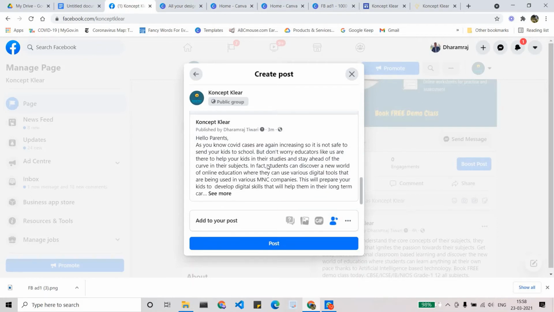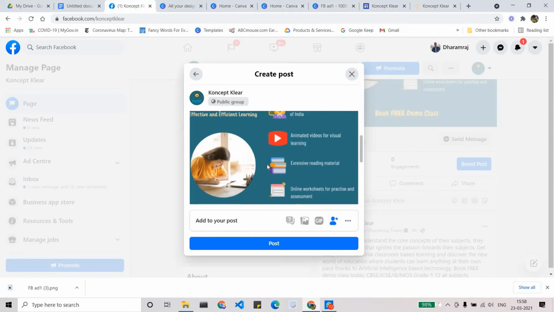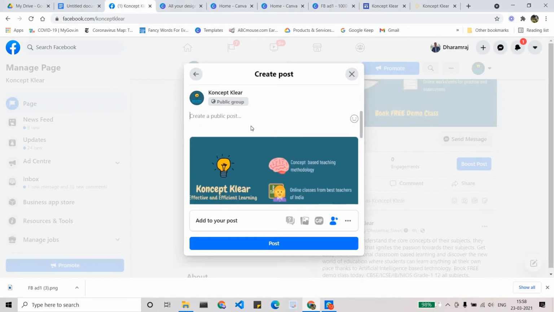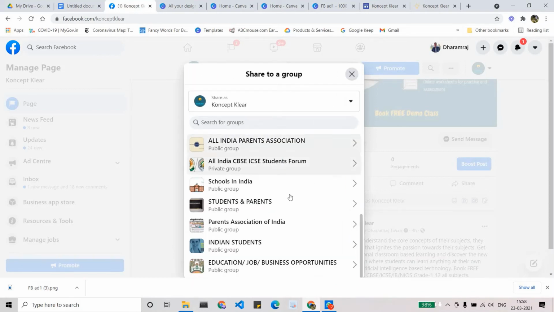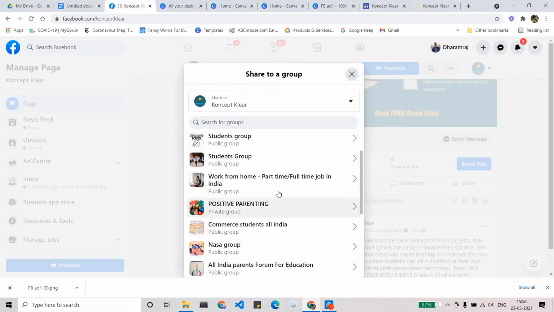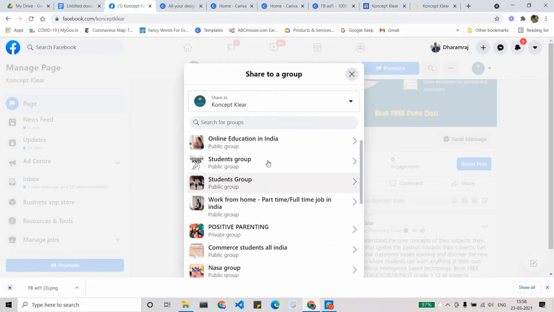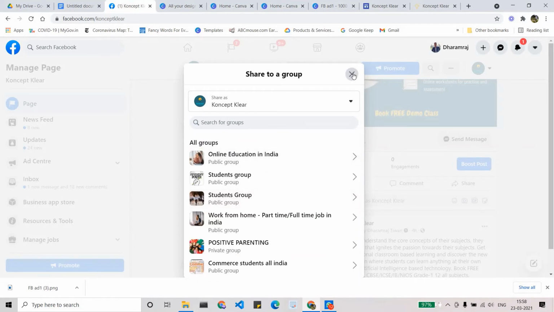the rules and the guidelines of this group. Maybe the group doesn't allow advertisements. So before sharing your ad to any group, I think it's better you speak to the admin of the group and check the rules of the group, whether the group allows ads, and maybe some groups have specific days for promotion. So don't just blindly promote your ad. First check the group rules, talk to the admin, and then you can promote it.